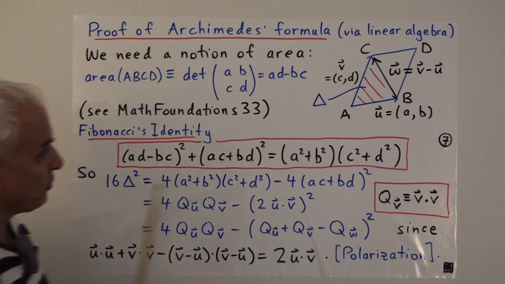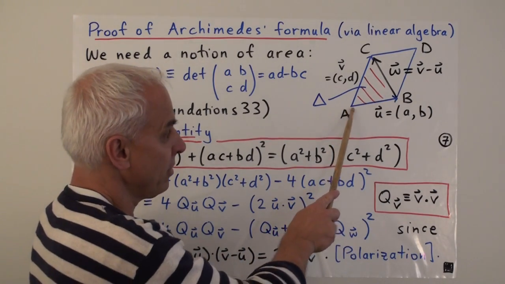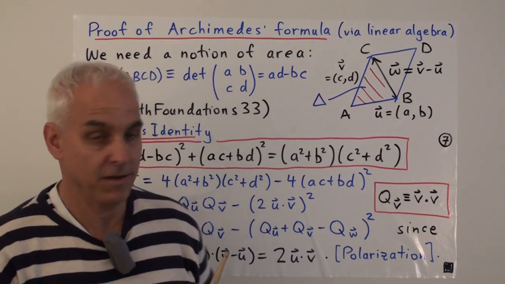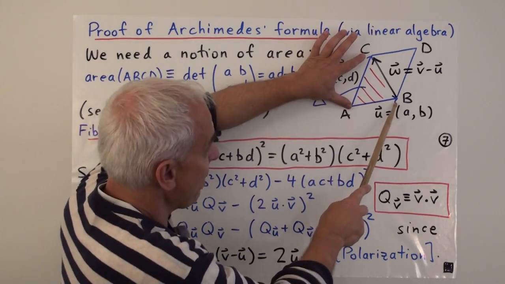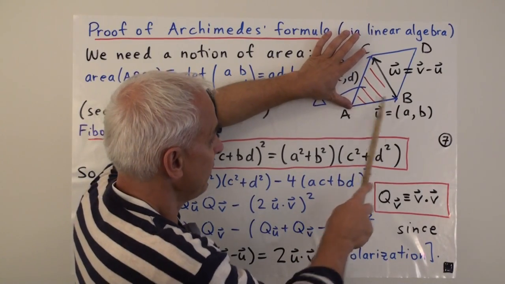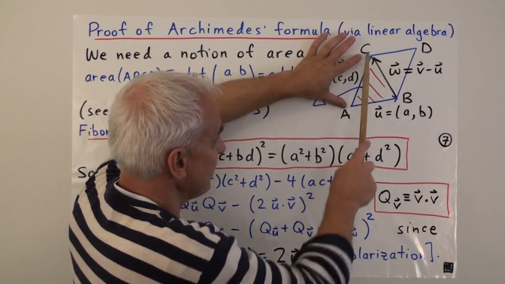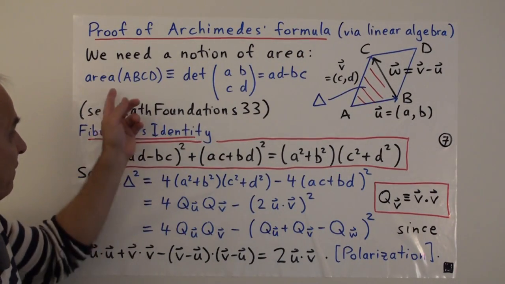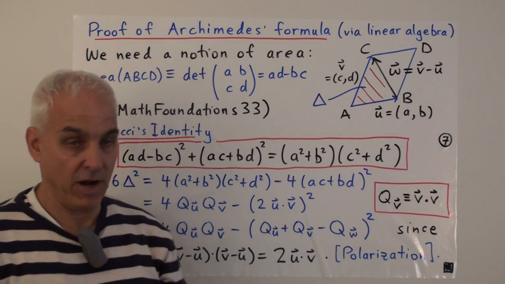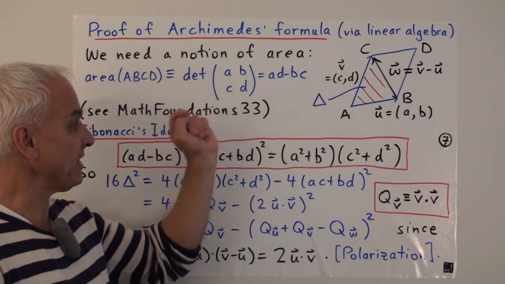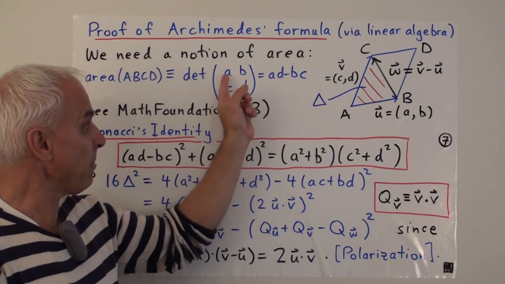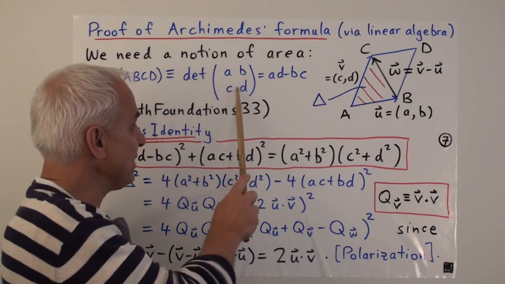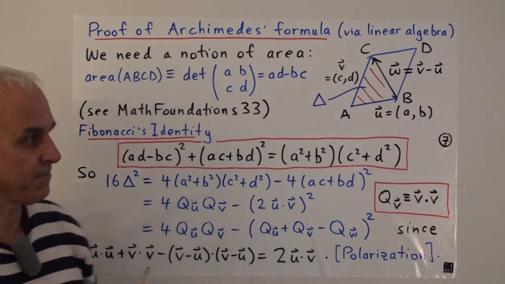So we're going to take a linear algebra point of view, or a vector point of view. And if we have 2 vectors in the plane, say u, the vector AB, and v, the vector CD, then those 2 vectors form a parallelogram, first of all. Okay, so if we just translate that one up to here and translate that one over here, we get a parallelogram, ABCD. And we can define the area of that parallelogram. We can make a definition to say that it's the determinant of the matrix we get by putting the 2 vectors in a matrix. So A, B, C, D, the determinant of that matrix.